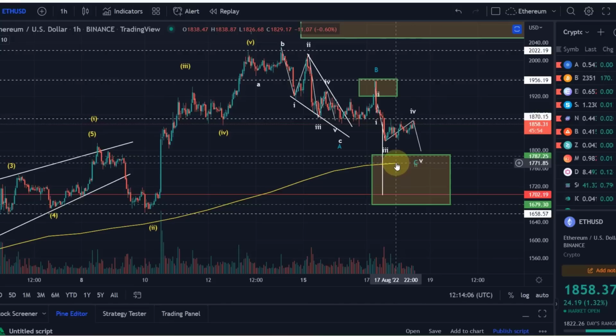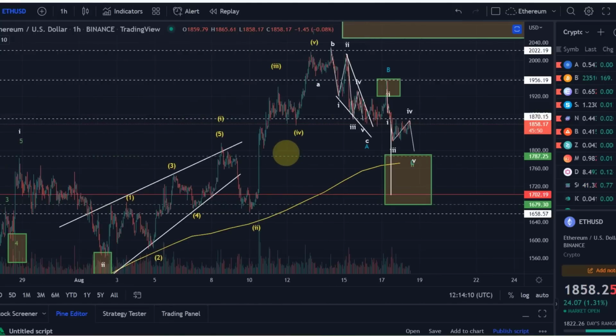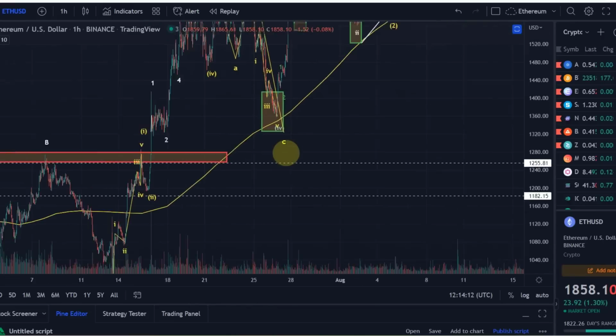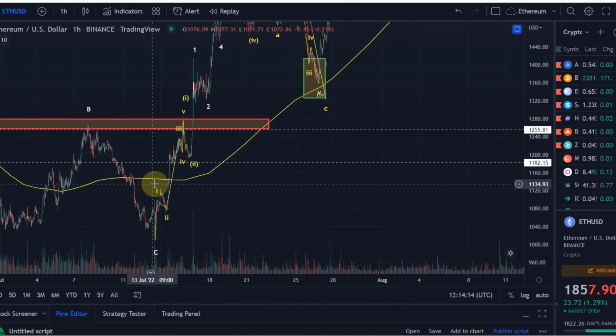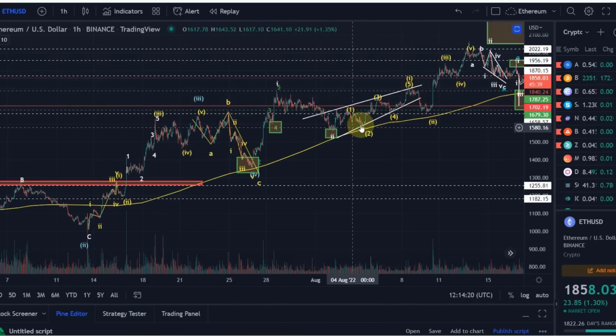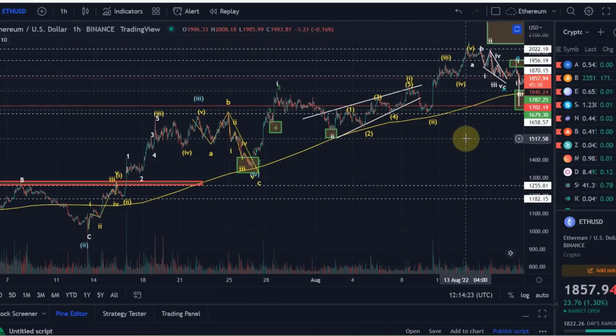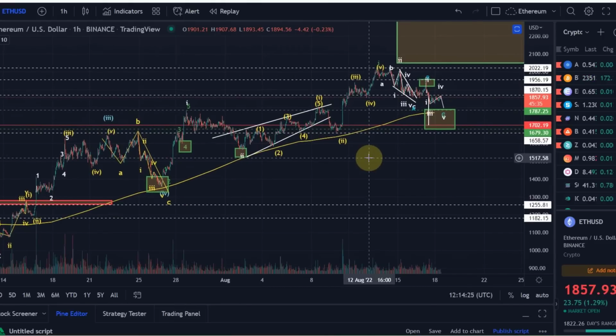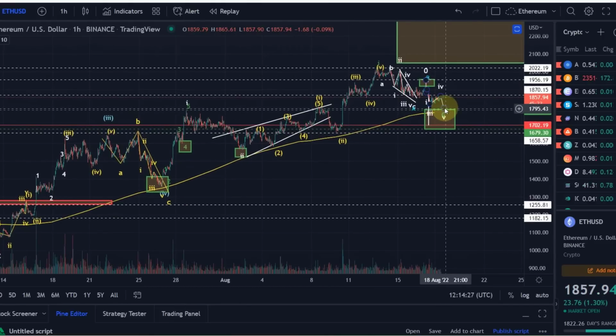Just below that we have the 50-day moving average at 1772. This has, in the last 4 to 6 weeks, provided a lot of support in this entire uptrend since we broke above that here on the 14th of July, which was a little bit more than 4 weeks ago. We haven't broken below that 50-day moving average in yellow. So we've pulled back to it a few times. Those were good trade entries, and we're now pulling back again to it.